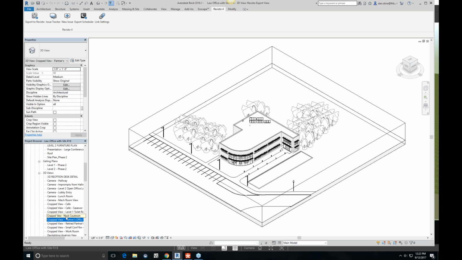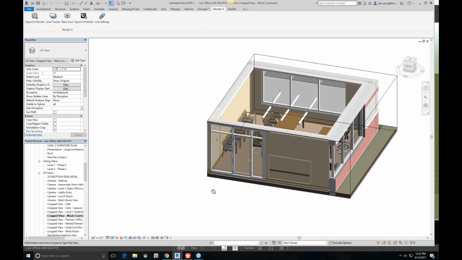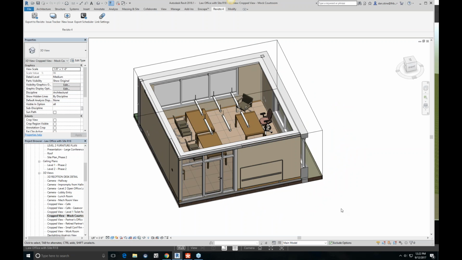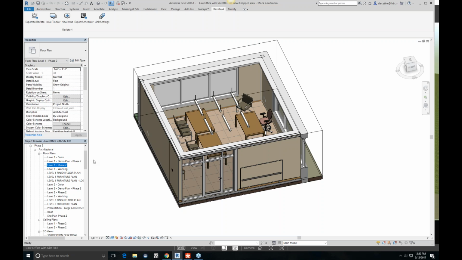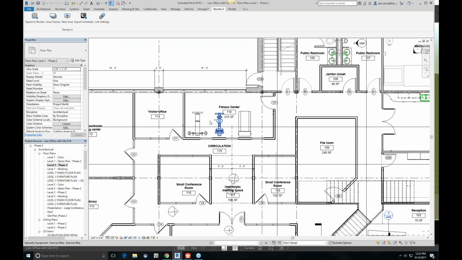So if I were to click on something like this mock courtroom, you can see I have a section box applied that will be exactly what we see here in Revizto. We can jump right to it in front of the client. Setting up those views is actually pretty easy, and I have a little trick I'd like to show you. If we wanted to set up a similar view for this fitness center,